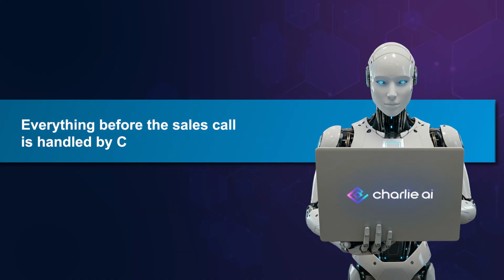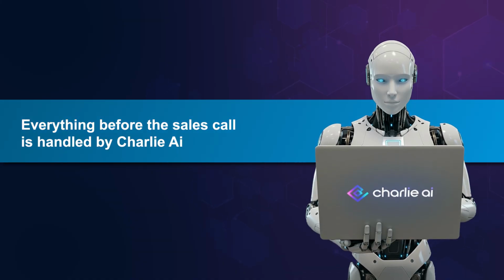That entire process is being managed by Charlie so that our closers, all they are doing is showing up to the sales call and updating the disposition of what happened on the sales call, because that disposition triggers the other agents and lets the system know which agent needs to be activated for that lead, depending on what happens after the sales call. Everything before that sales call is taken, all of that is being run by Charlie.